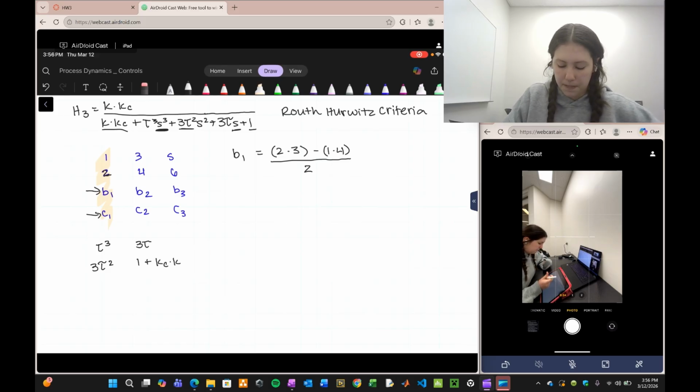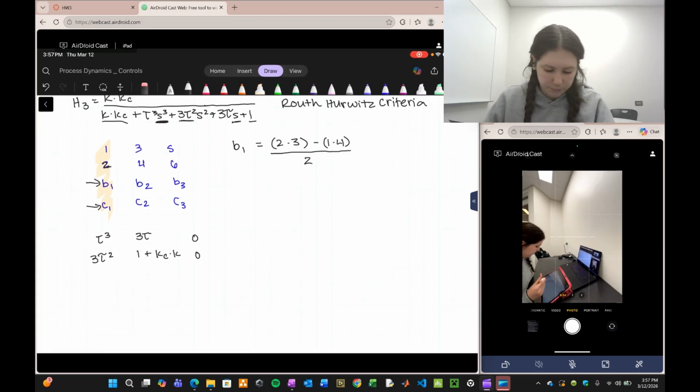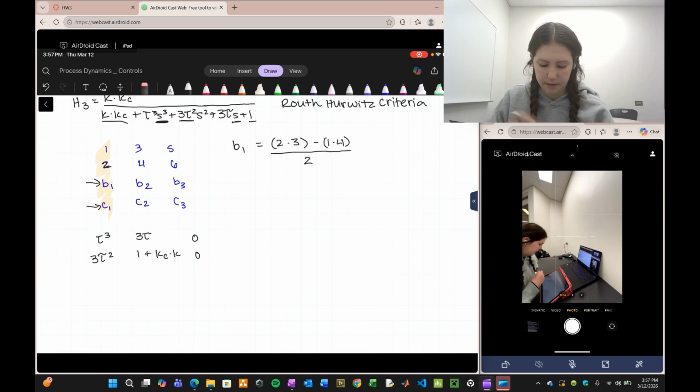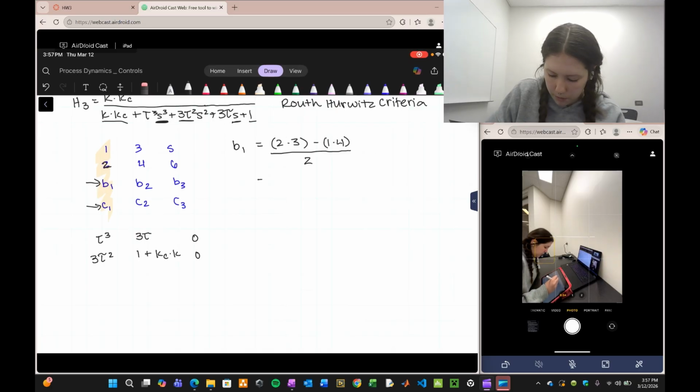And then since we don't have any other terms here, our 5 and 6 are just going to be 0, because there's no other terms, there's no coefficients, it's just 0. So we can replace these into our B1 equation. So B1 will equal